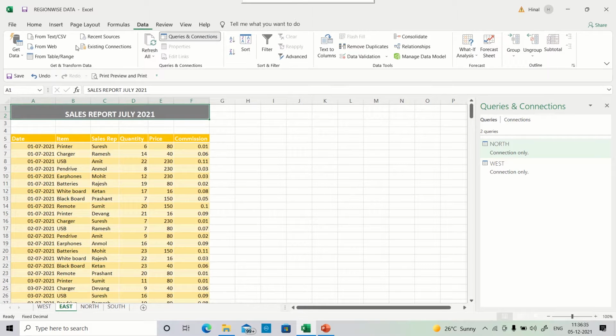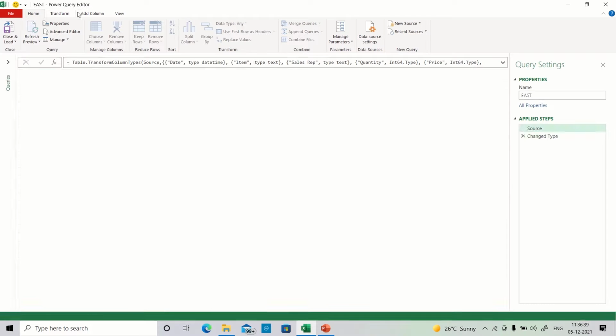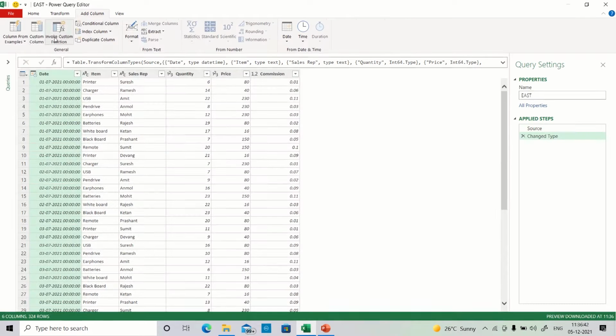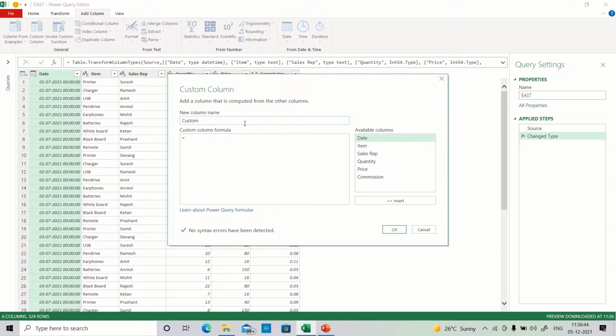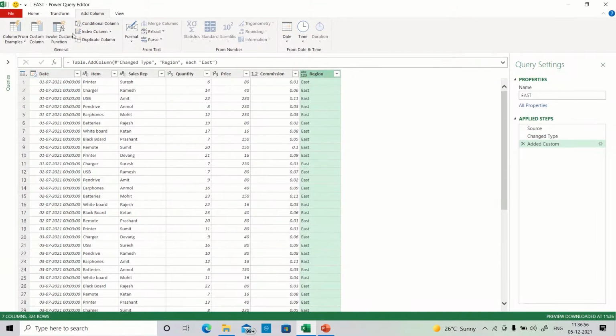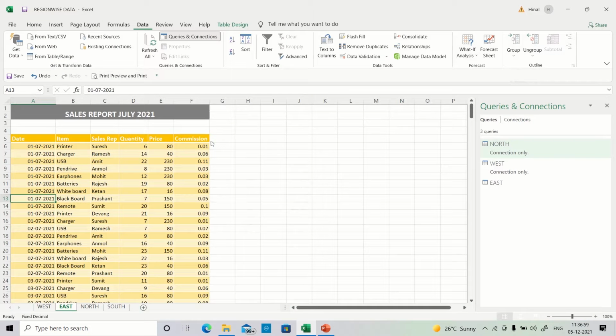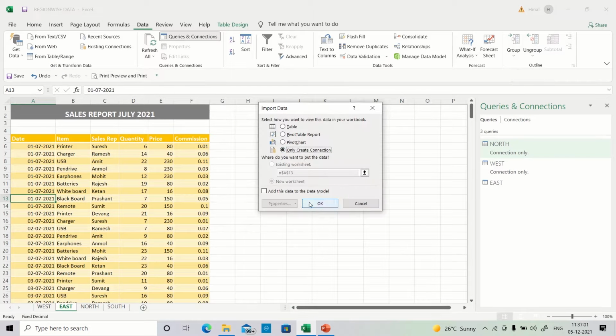I'll do this for the East table again. Place your cursor inside the table, From Table. Click on Add Column, Custom Column, write East, Close and Load, Only Create Connection.